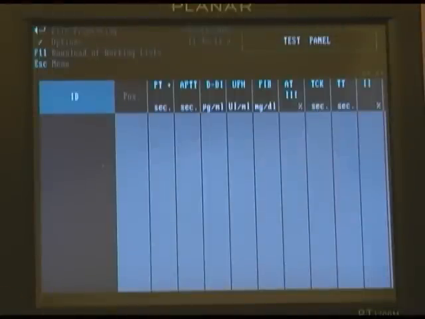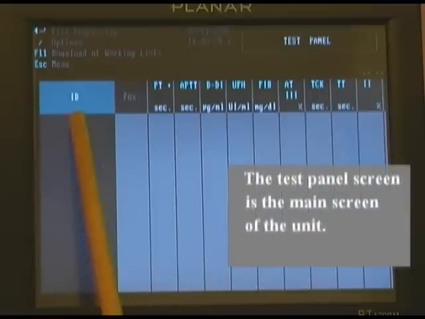Hello, we're here to discuss the graphical user interface, or the system software, that the customer will use for the compact. Primarily, the instrument will be displaying the test panel screen, and on the test panel screen, any of your samples will be listed